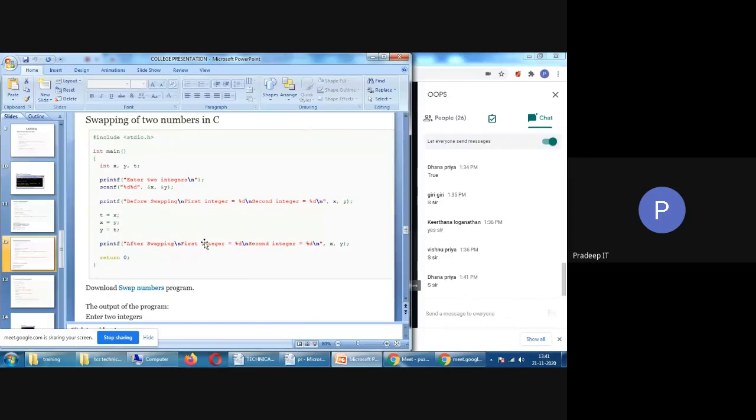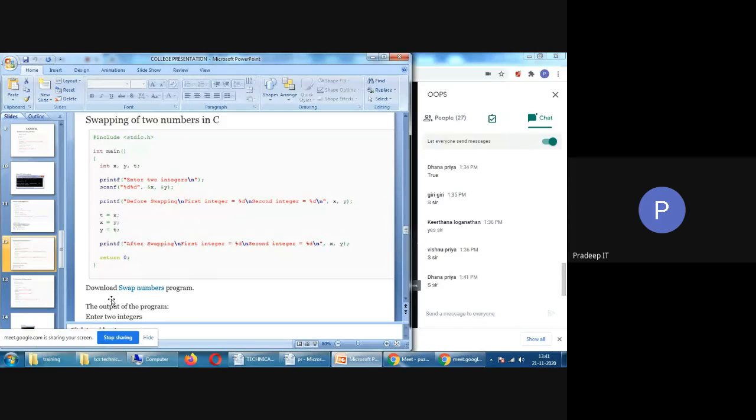Yes, then we may go for swapping of numbers. This is also a very important question, students. Only a few programs come up in HR interviews, and everyone gets the same questions, the repeatable questions: factorial, fibonacci, palindrome. Palindrome we have already seen. Here, swapping of numbers, right? How does the swapping